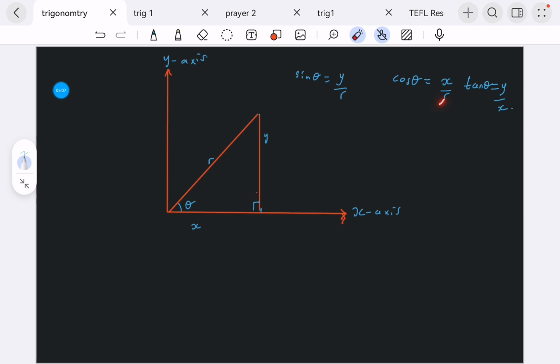If you multiply both sides by r, the r cancels, and we remain with this, okay? So let's form the equations, okay? So that means y is equal to r sin theta, and x is equal to r cos theta, okay? I think for now we can leave out the tan,